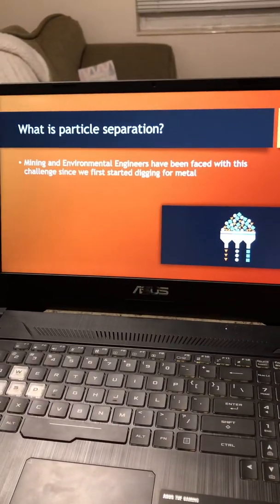Because this is a question that's been asked by mining and environmental engineers for a long time. Since we first started learning that we could get metals from rocks, the question has always been, how can we improve that? How can we get more? How can we waste less? And today I'm going to talk about one of our current methods that we use a lot in